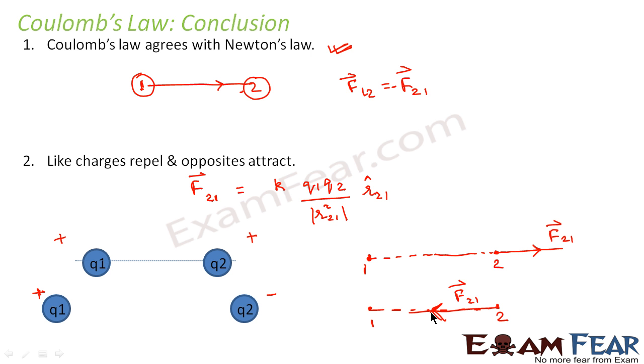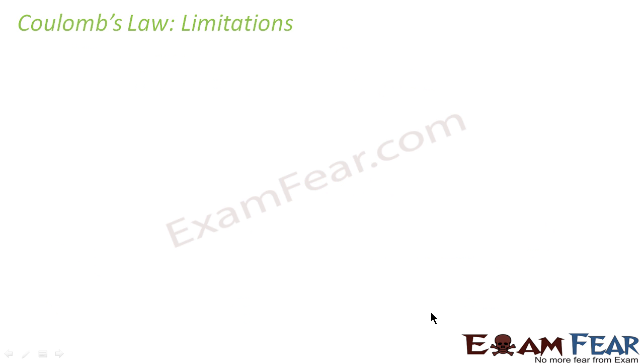Okay, so this was all about Coulomb's law. Coulomb's law is not a very big thing. Obviously it is a very important thing in physics, but it is not at all complicated. It is a very simple, straightforward law. It just tells 2 or 3 things which you need to remember. It talks about the force between 2 point charges. It says it is directly proportional to the product of the charges and inversely proportional to the square of the distance between them. Right? Now let us look at the limitations of Coulomb's law.